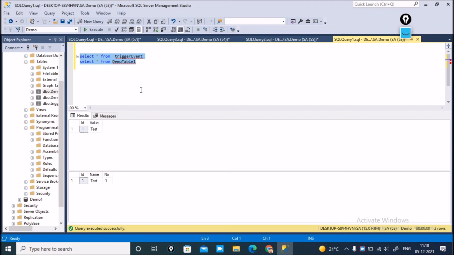So I try to explain again. The first one, my agenda is, what is a trigger? Just like a stored procedure, it fires and executes automatically at the time of performing any operation on a table, like insert, delete, update, DML command, DDL and DML command. There are 3 types of triggers we use in SQL Server. First one DML, DDL type, and third one logon. And DML I have already explained with the help of the example. Whenever we insert any data inside the table, a trigger event fires automatically, and inserts data inside the table.